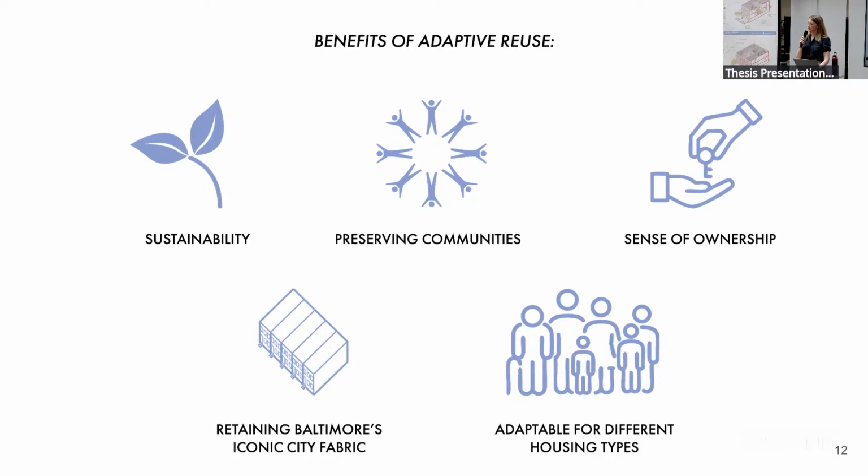Baltimore's row houses tend to all be of a similar size and square footage, creating a monolith of housing. As families grow and shrink, they cannot find larger or smaller houses in their neighborhood, forcing them to leave areas where they have put down roots. By adapting the row house typology, we can create more variety in housing, leading to more diverse, vibrant, and resilient